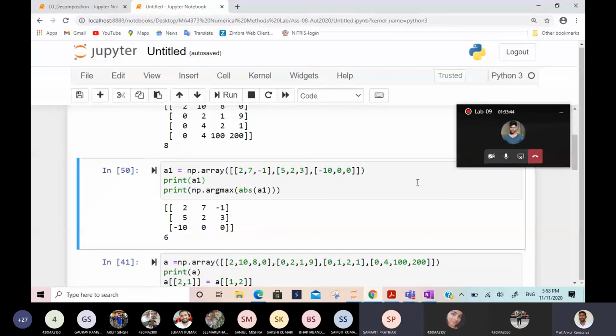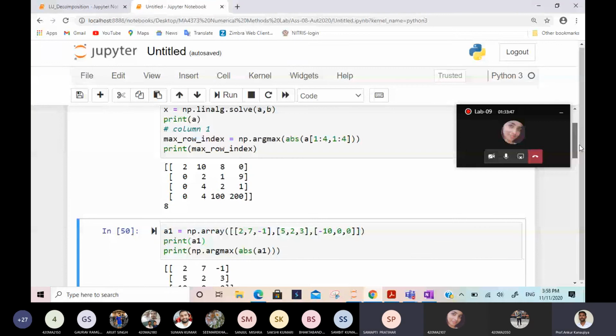Yes, sir. And j, I think we can find by finding the remainder. Yes, you can find j by that formula, or you can find it by the remainder also. If you find the remainder, then the remaining thing will give the j value. Or you can find it by this formula, n times i plus j equal to L. So both ways you can find j.